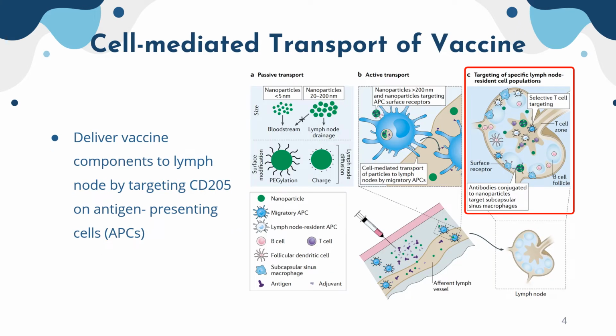In order to solve the problem, site-selective lipid nanoparticles, or LNPs, are used to precisely deliver mRNA molecules to a specific part of the body. By targeting vaccine lipid nanoparticles to CD205 on the migratory antigen-presenting cells, or APCs, and subsequent transport to lymph nodes, antigen-specific immunity can be enhanced with